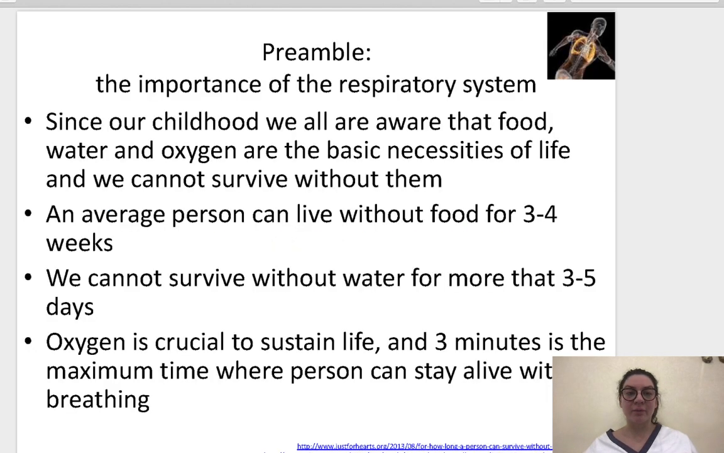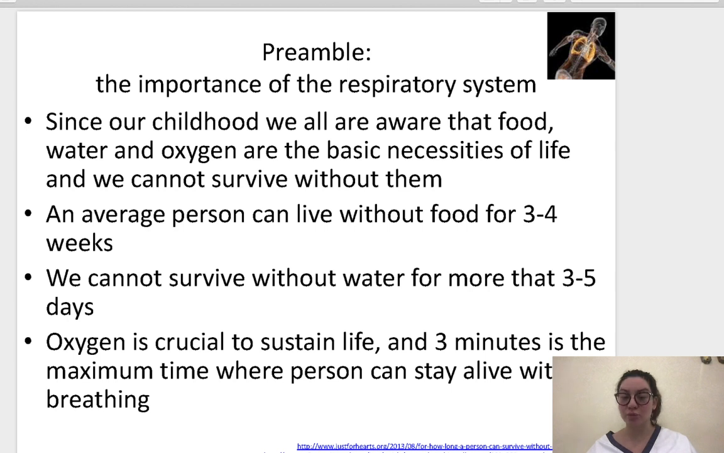And a short preamble about the importance of the respiratory system. For understanding the importance of this system, I want to say that since our childhood we are all aware that food, water and oxygen are basic necessities of life and we can't survive without them. An average person can live without food about 3-4 weeks. We can't survive without water for more than 3-5 days. And oxygen is crucial to sustain life, and even 3 minutes is the maximum time a person can stay